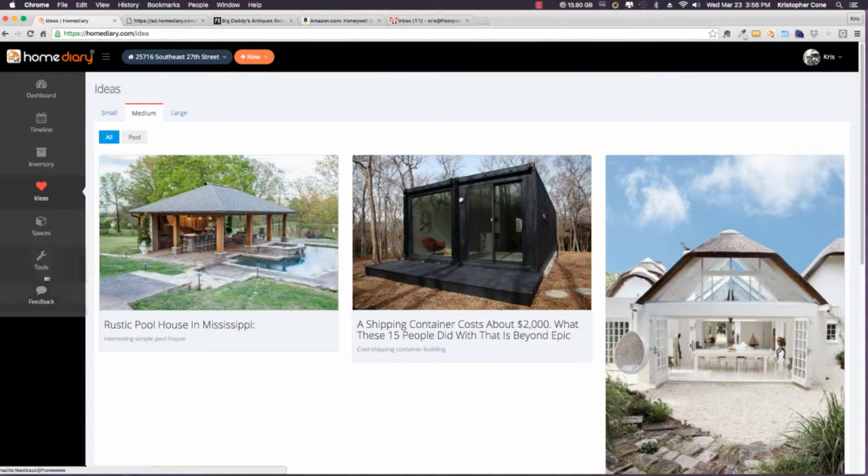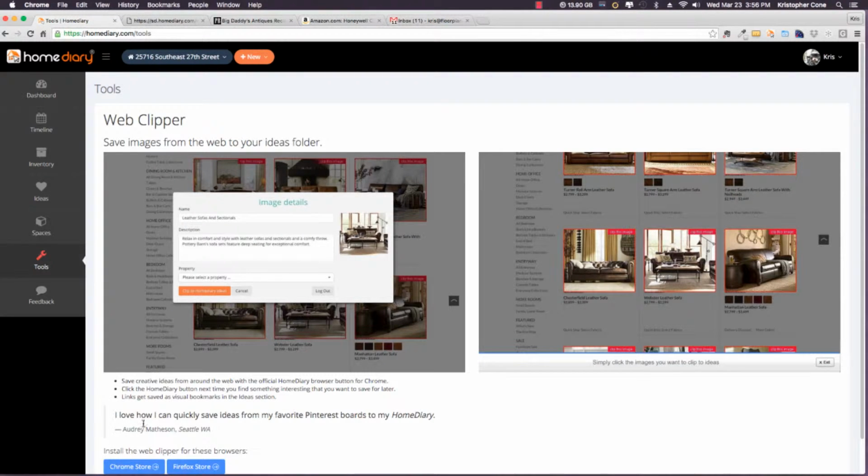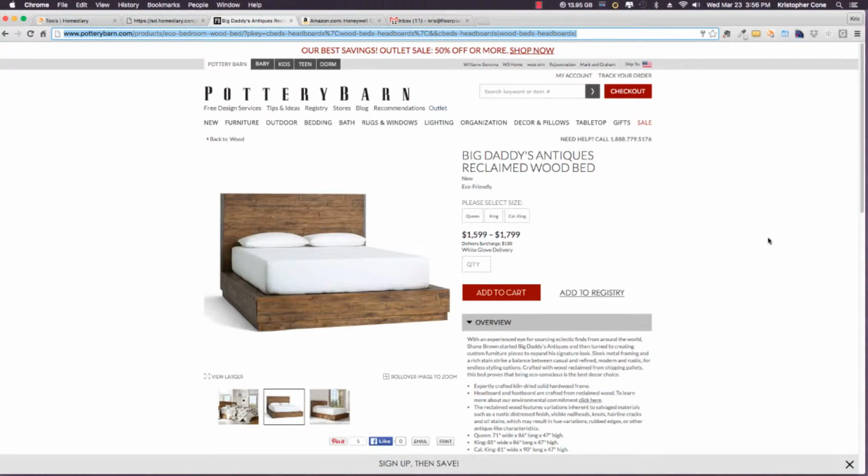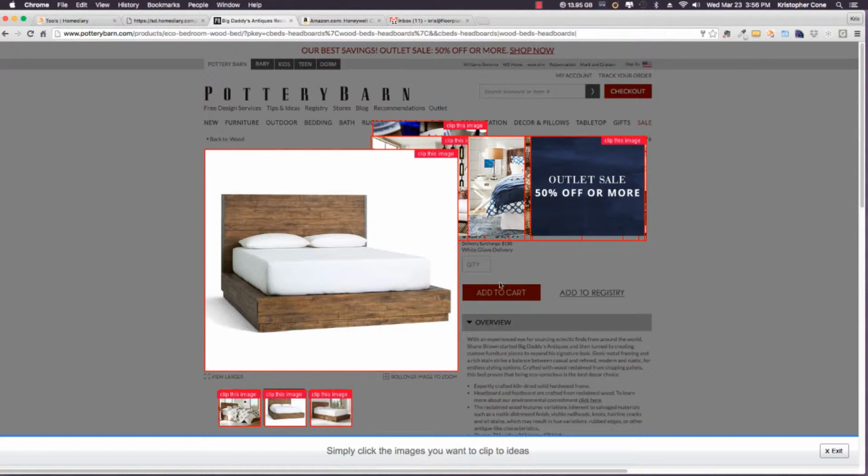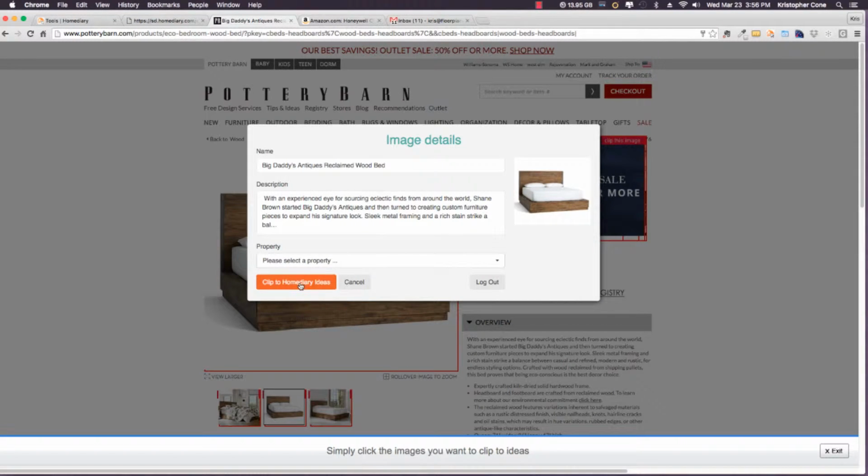Now, one other cool tool we have, if you jump to tools, is a web clipper, and we have a clipper for Chrome or for Firefox. When you click this button, you can go to those pages and install it. Once you install it, it creates a little button like this up here. Then, if you happen to be on a site like Pottery Barn or Houzz or other sites, and you like an image and you want to make a log note of that, just go ahead and click the clipper, and it'll bring up the images, and just click the image you want, select the property, and clip it